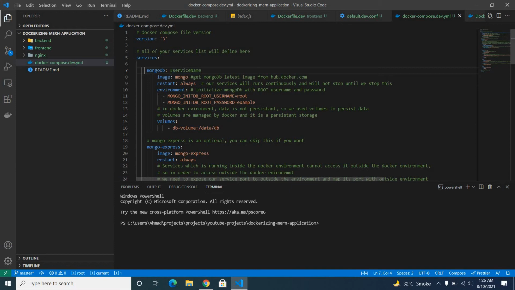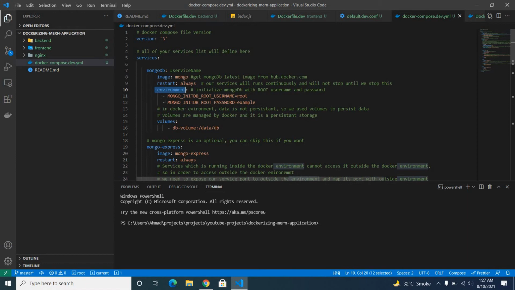So we give Mongo a service name MongoDB, and then the image name, and we get this image from Docker Hub, and then restart. What restart will do, actually Docker will stop the service after 2.5 days, so we need to run the service until we stop it. So we need a restart policy.